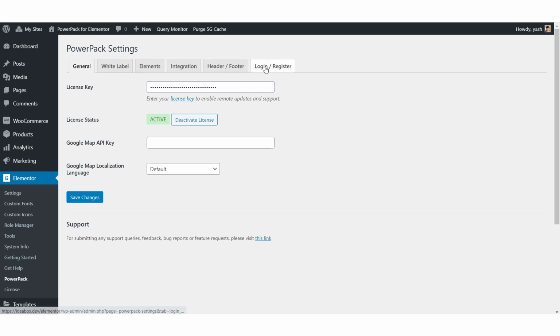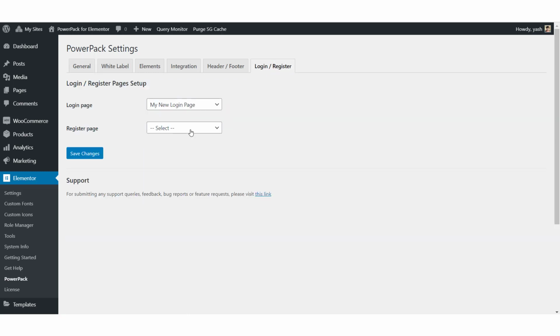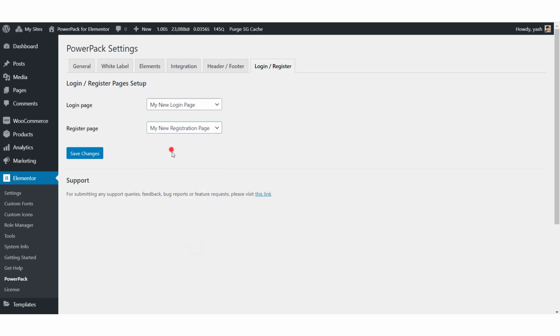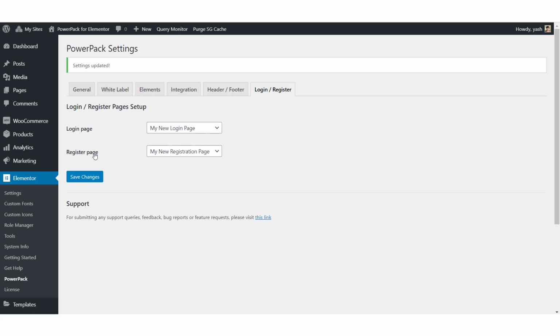Now head over to the login/register tab and assign the registration page to the page that we have just created. So in this case, my new registration page is this one. Once you have selected the page, just click on the Save Changes button. And that is all. You are all done.